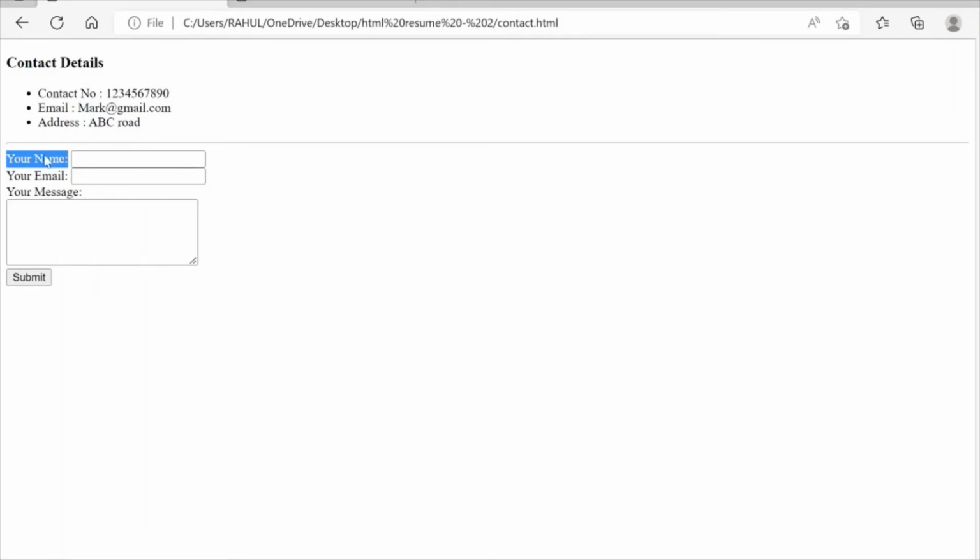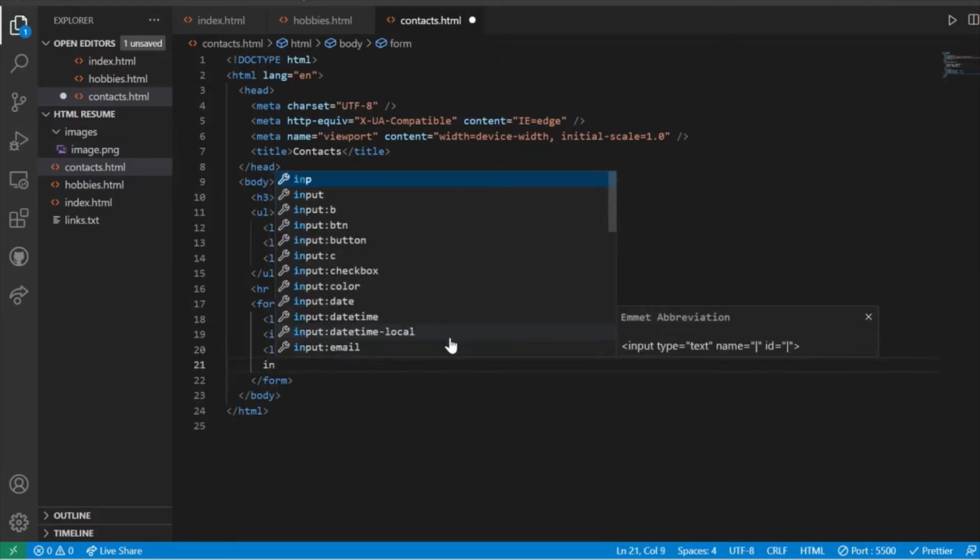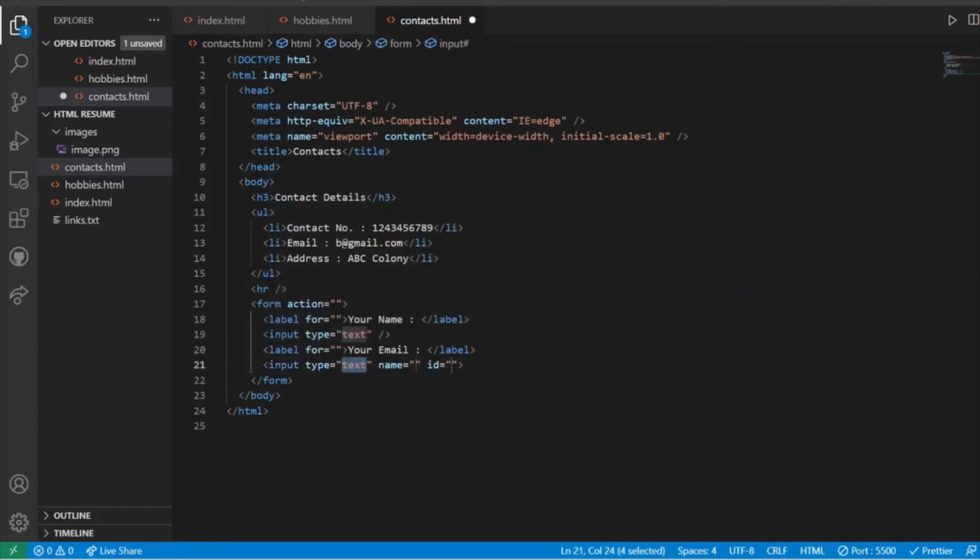The next thing that we need is your email. Let's achieve a similar thing now. So label, and the label will say your email. After that we need a text box for inputting the email. So input, and this time the type should be email because we need an email as an input, right?